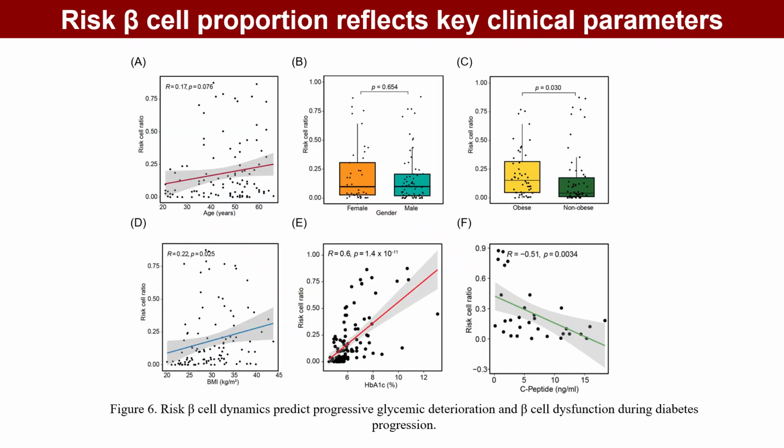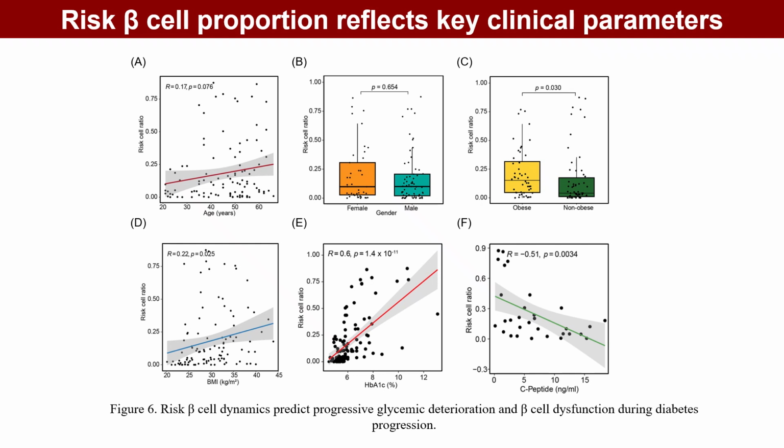To assess clinical relevance, we examined associations between beta risk cell proportion and clinical traits. Risk cell proportion was lower in younger individuals and showed an increasing trend with age, although it did not reach statistical significance. No significant differences were observed between sexes. Obese individuals had a higher beta risk cell ratio, with a significant positive correlation between BMI and risk cell proportion. Hemoglobin A1C levels positively correlated with risk cells, while C-peptide showed a negative correlation, consistent with diabetes progression and beta